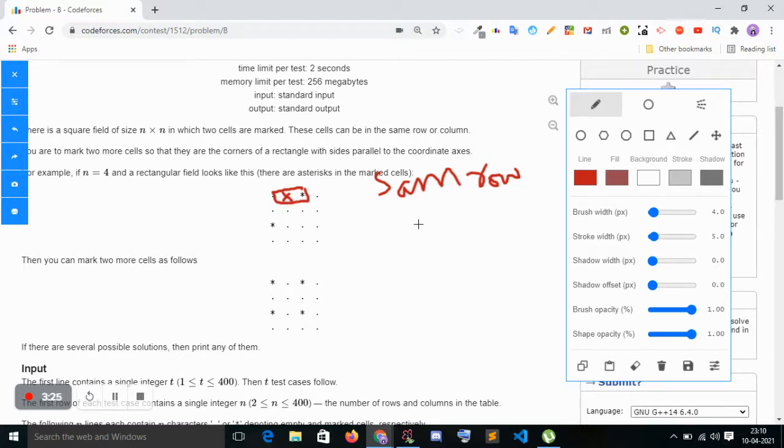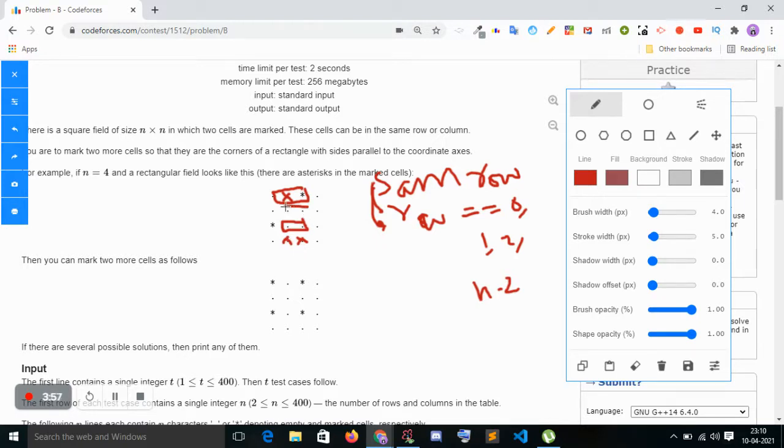Understand the point: if the row is 0, 1, 2, up to n minus 2, in the same row I can print the last row, n minus 1. Yes or no? Because if they are in the same row, I can print n minus 1.